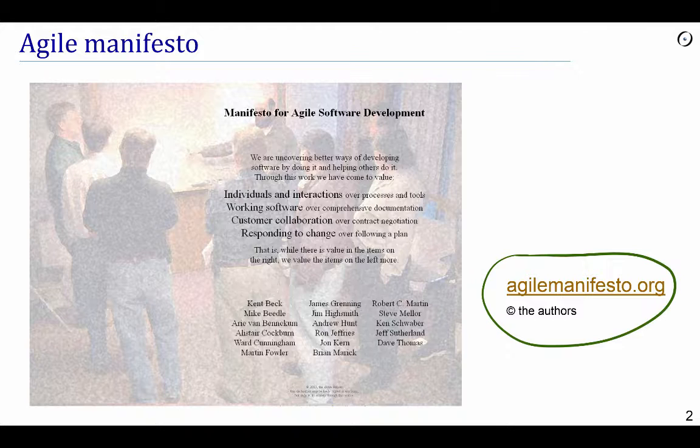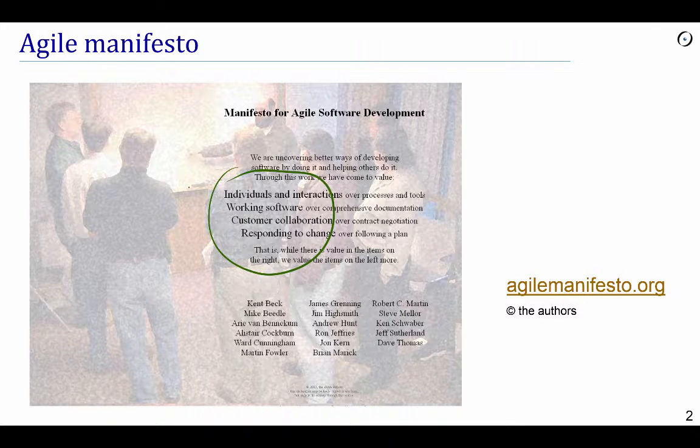We need to go through it in order to understand what Agile is about as seen in the eyes of its own creators. It's a text that contrasts certain old ways of doing software, shown here on the right, at least viewed as old by the authors of the manifesto, with a number of alternatives. They take care to indicate that they do not completely reject the stuff on the right. They say, while there is value in the items on the right, we value the items on the left more.